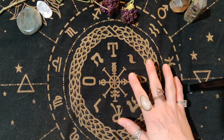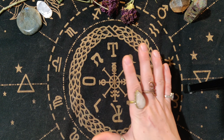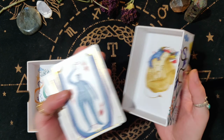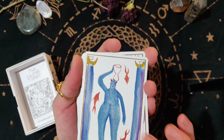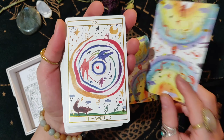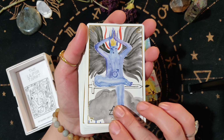And after saying all of that, I want to be clear that I don't think this deck completely embodies that poop energy. But it is a meal in a cup, and that's the Lilifer Tarot. This deck, specifically the gold edition, incorporates the astrology associations that the Thoth system leans on so heavily, while also having strong elemental associations so that you could read it in a Marseille way. And then of course the imagery is loosely Rider-Waite-Smith based, so you get a little bit of everything in this deck. It really is a meal in a cup, and it's very brunch friendly with all this white space and